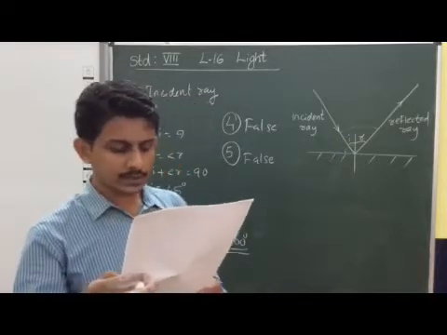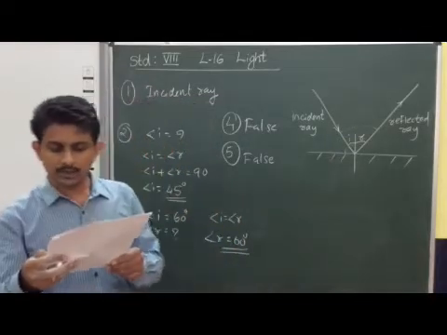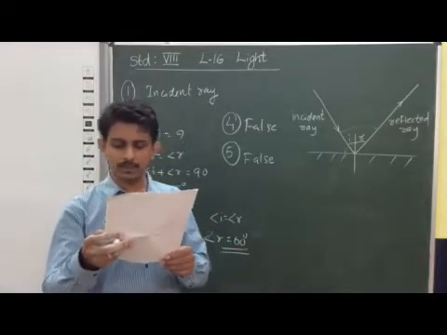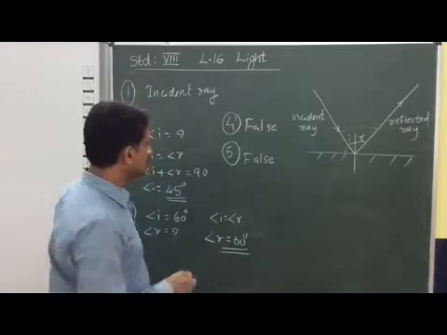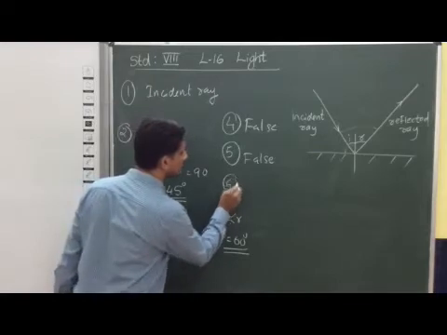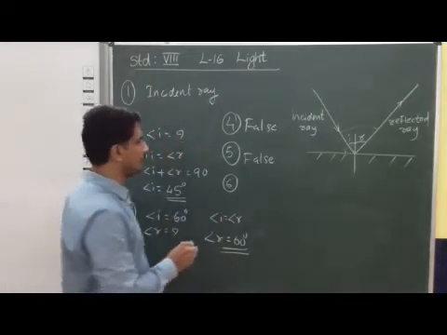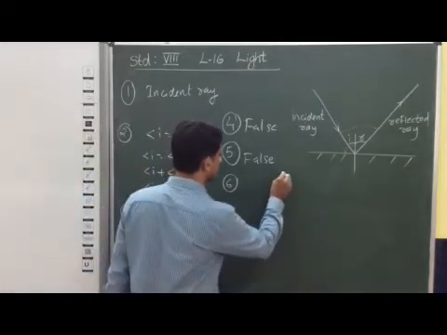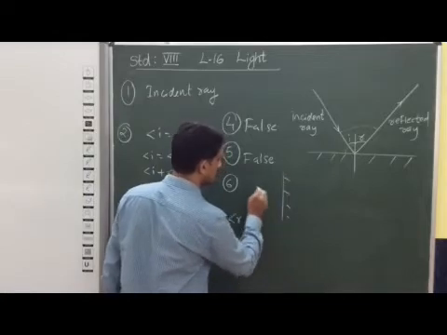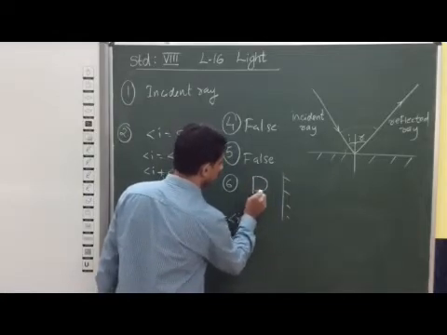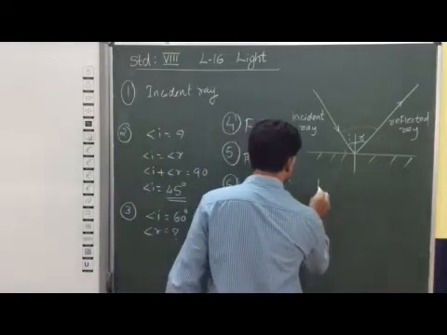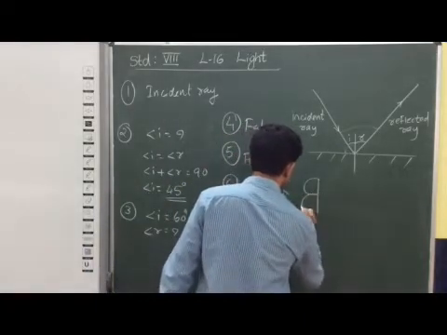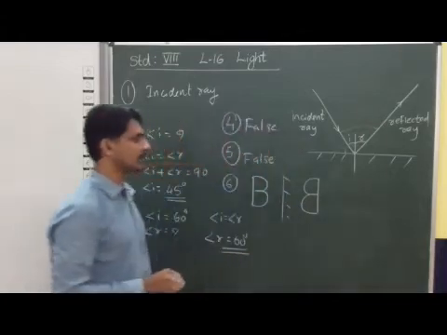Now question number 6. Draw the image of the letter B formed by a plane mirror placed on the right side of this B. So how is the image formed in the case of a letter B if it is placed in front of this plane mirror? This way we have this plane mirror, and this way the letter B is placed. You can observe that the image is also forming like this. This way you can see the image forming in the case of B.